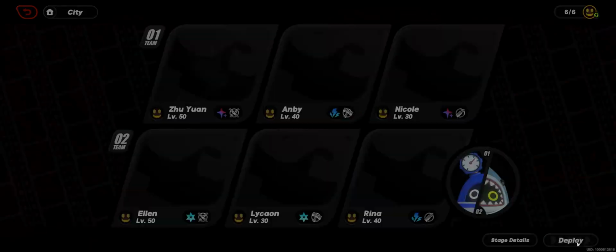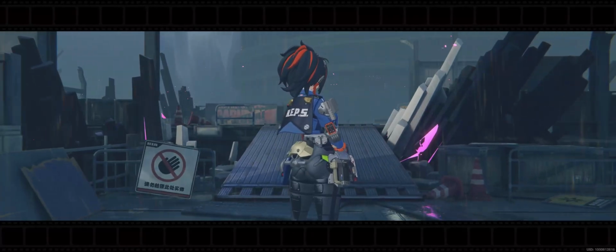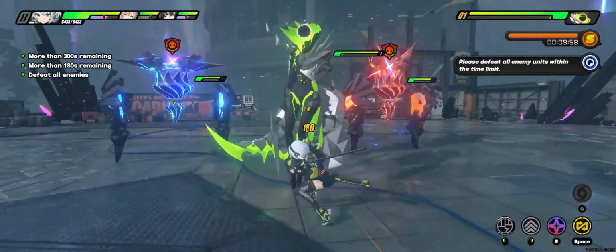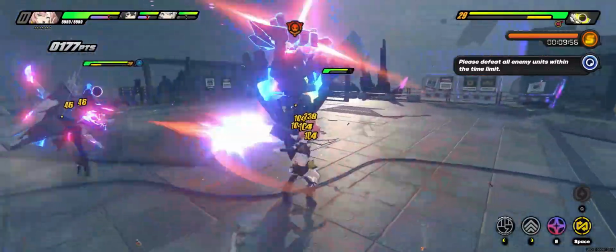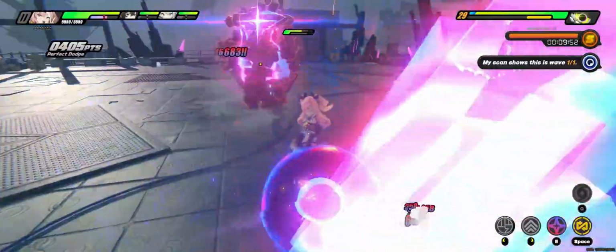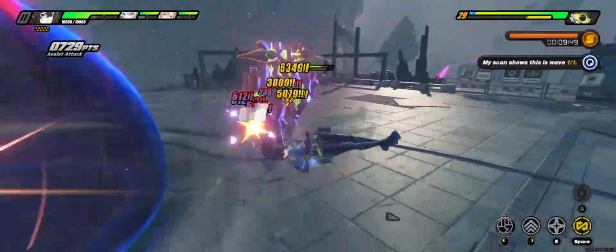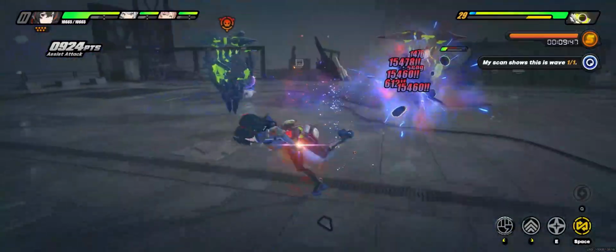All accounted for. My Zhu Yuan gameplay is definitely a lot less optimized than Ellen. I'm still figuring her out. But I figured if I open with Anby stun, and then I'm setting up for DPS, I use Zhu Yuan's skill to activate her core passive. Of course, we do Nicole for quick assist, activate Starlight engine, and within 15 seconds we take out that first